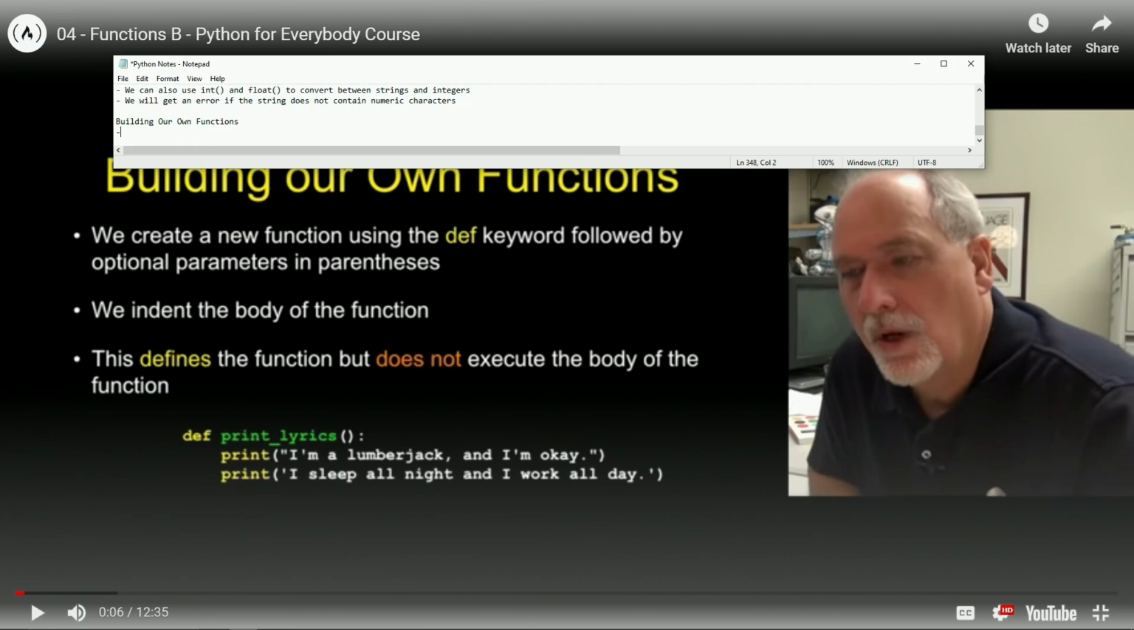All right. So building our own functions. We create a new function using the def keyword, followed by optional parameters in parentheses. All right, so let's go over parameters, because that should be defined before using it, honestly, but whatever, that's what this video is for. So a parameter, okay,